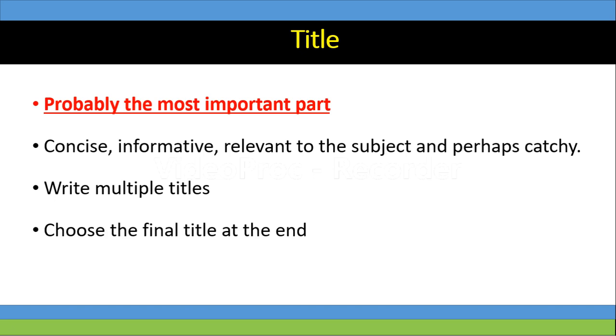One of my senior colleagues who guided me used to say that in the end you should come up with the 3 most relevant titles, and give those titles to your other colleagues. If they are unable to understand those titles, it is highly likely that nobody is going to understand them. Because please remember, you write for others, you do not write for your own self. So please write titles which are concise, informative, relevant. Write multiple titles, keep on revising those titles as you go about writing a case report, and choose your final title at the end after discussing with your colleagues.